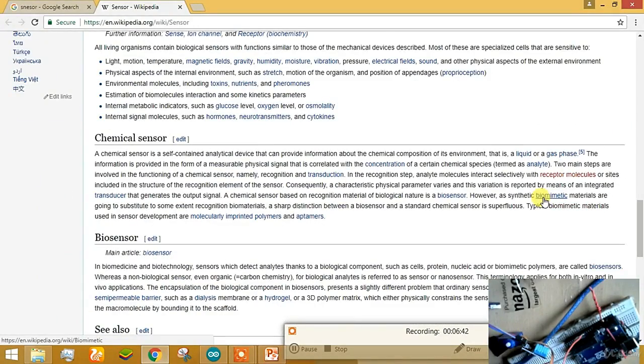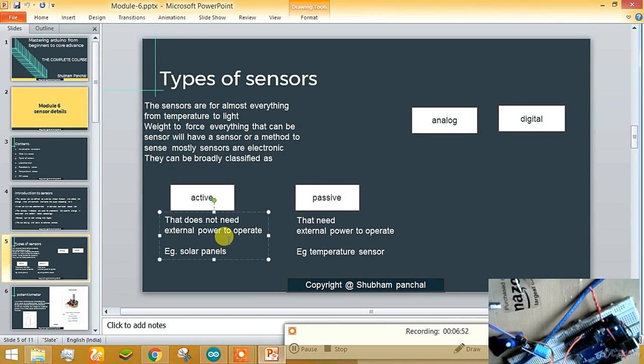In the main sensor series, we will be talking about both analog and digital sensors, how to use them, and the most important thing, how to use them in logic, how to get a specific type of logical requirement that we need, how to perform a specific logical operation with the help of sensors, such as running a motor or brightening an LED. All this we are going to talk about in further videos. Right now, this was the introduction of sensors.